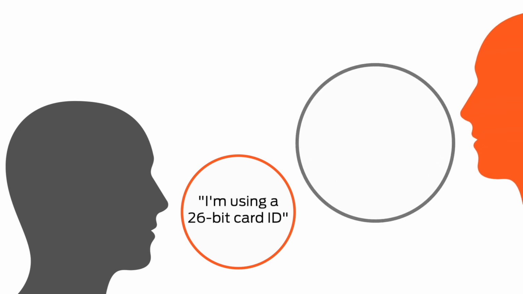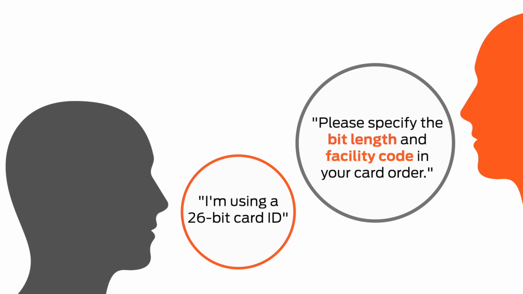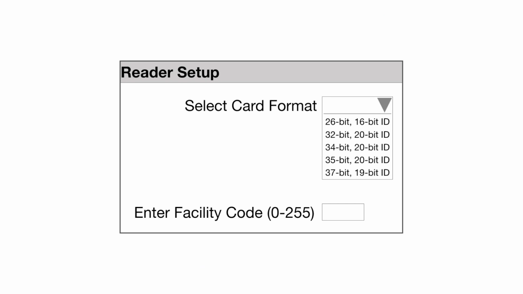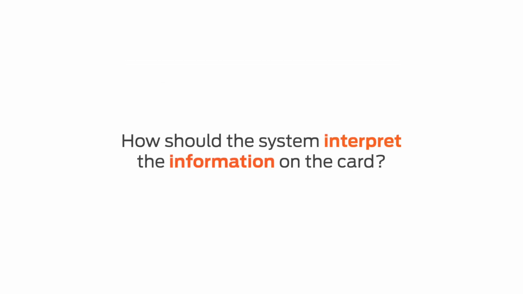If you work in electronic access control, you may have come across statements like, "I'm using a 26-bit card ID," or "Please specify the bit length and facility code in your card order." You may also have a screen on your computer software that asks you to select your card format or enter your facility code. All of these terms are trying to get at one thing: how should the system interpret the